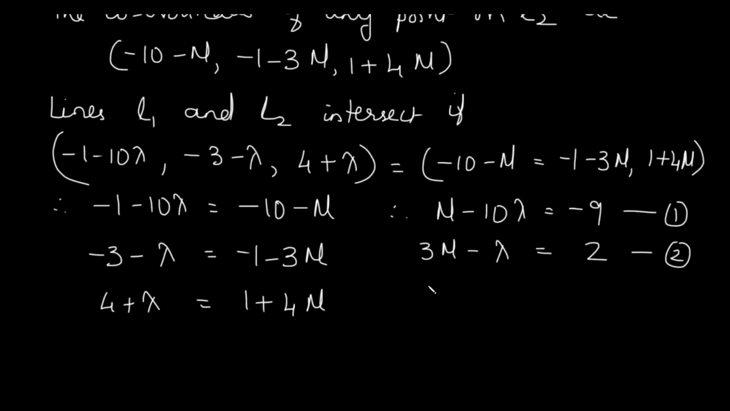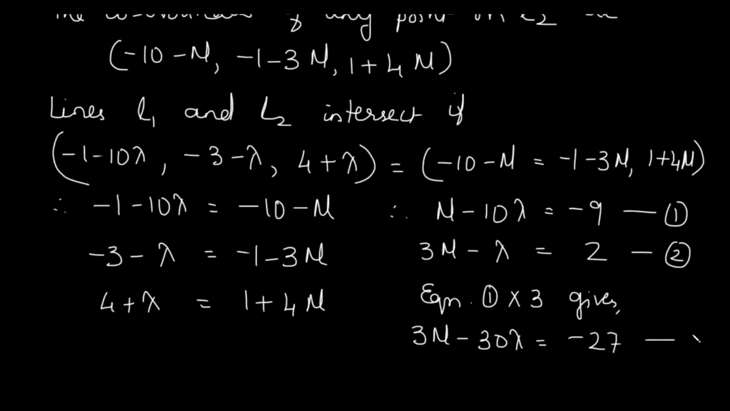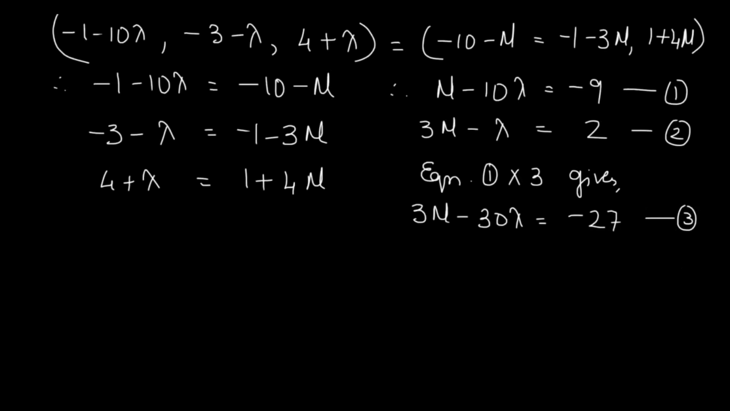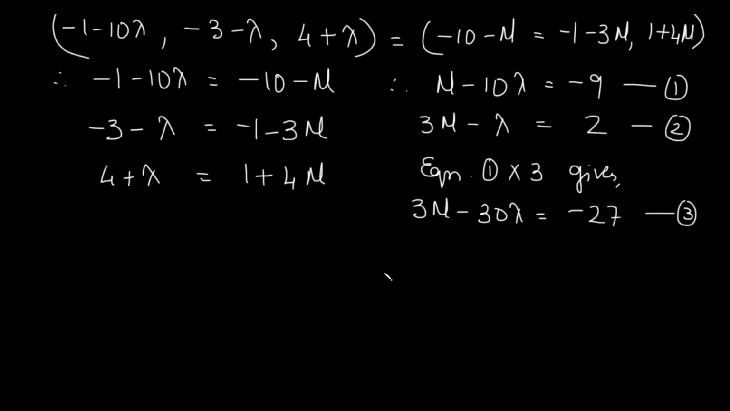Okay. So multiplying equation 1, any equation, say equation 1, is multiplied by 3. We are solving them simultaneously. Remember your method for solving equations simultaneously. So equation 1 into 3 gives us 3 mu minus 30 lambda is equal to minus 27. Say this is equation number 3. Then we subtract 2 and 3. Subtracting 3 from 2,